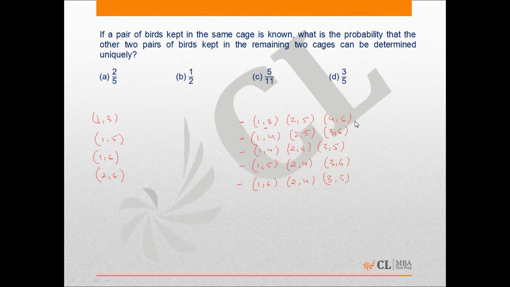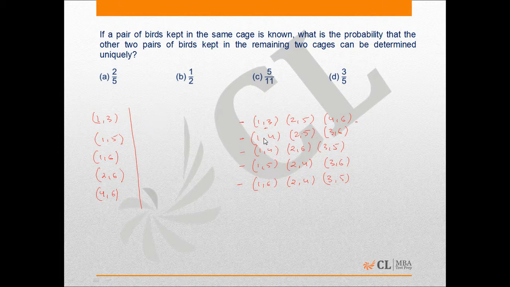Similarly, 4 and 6, if I know about this, I can determine the other two pairs uniquely. So another case can be 4, 6. I cannot take 3 and 6, I cannot take 3 and 5 because both have two different cases. So these are 5 cases in which if I know one of the pairs, I can determine the other two pairs uniquely. Now let me write